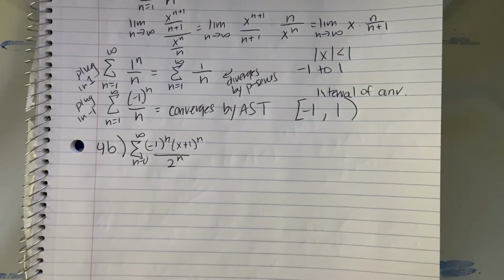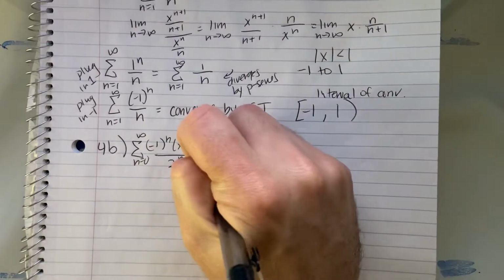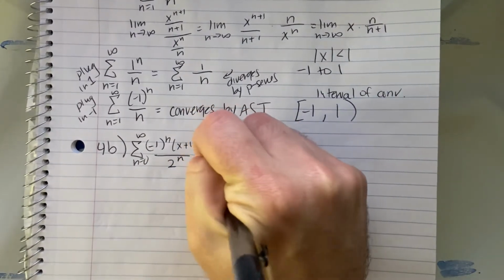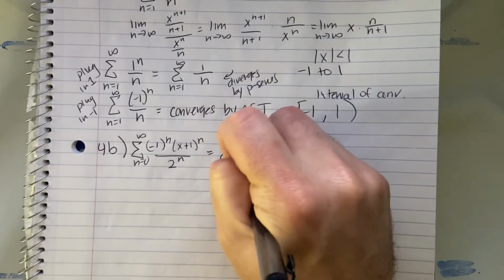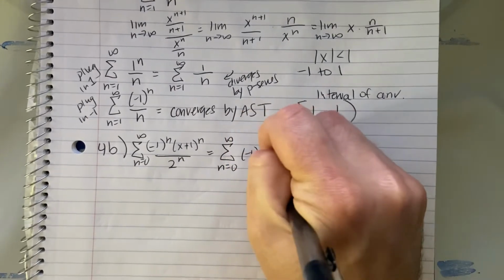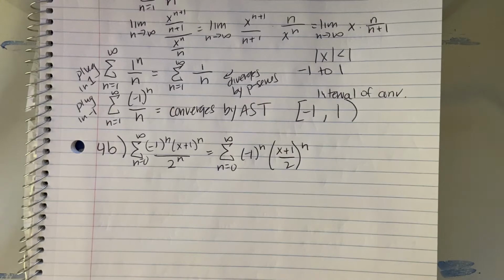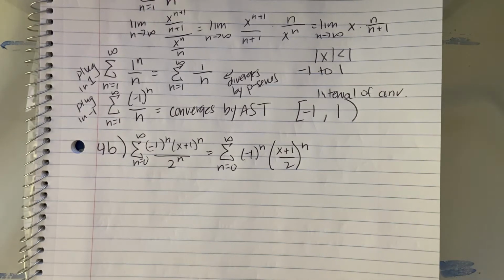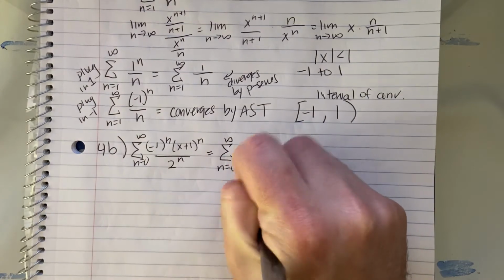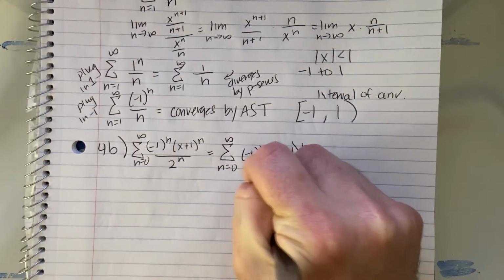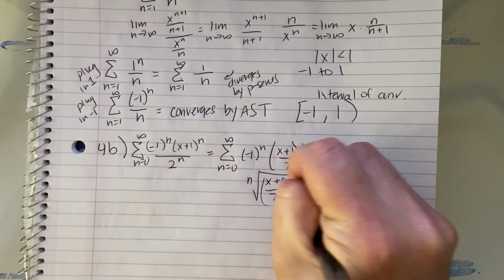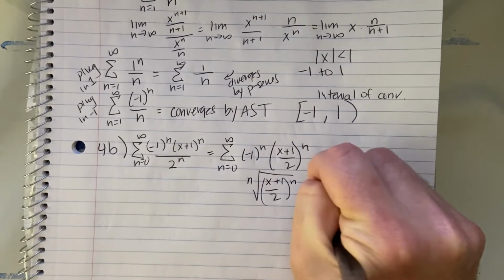Now I'm going to rewrite this like this to save myself some time. Okay, so for the ratio and the root test, we get to ignore the negative because we take the absolute value. So I'm just going to take the nth root of this thing,